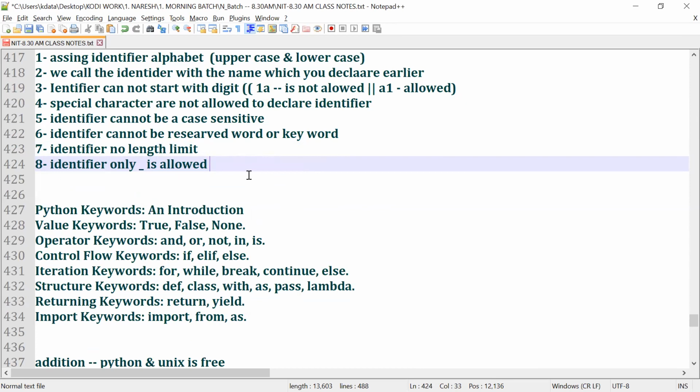Nobody says this, guys. There are questions which have no answers. If you ask why we only drive on the left side, to whom do you ask? That is a rule. A rule has to be followed. Everybody is clear or not? Now in identifiers, only underscore is allowed. Team, everybody's getting me or not?